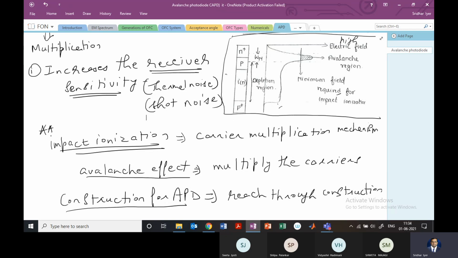So at this point, that depletion layer just reaches through to the nearly intrinsic pi region. So you have a pi region here, and it just is about there in the high electric field. That is why it is known as reach through, because it has not reached that high electric field. It is just there, right? So in normal usage, this reach through APD will be operated in fully depleted mode.